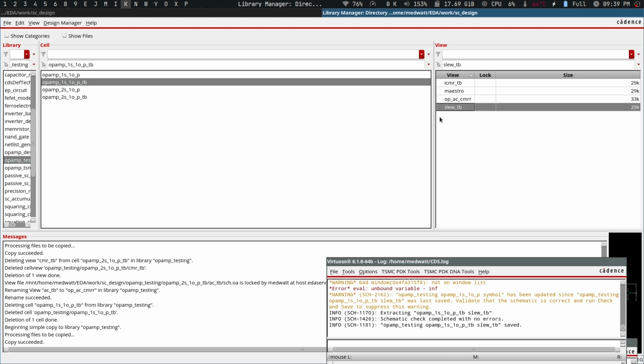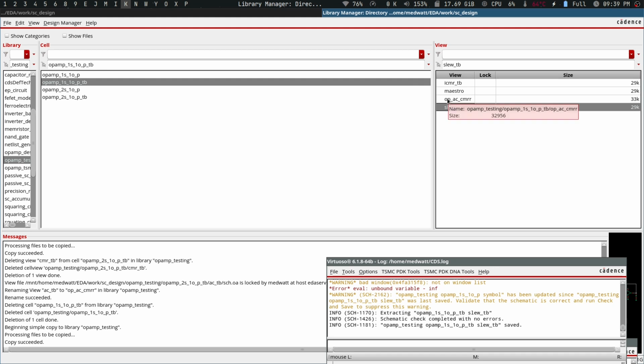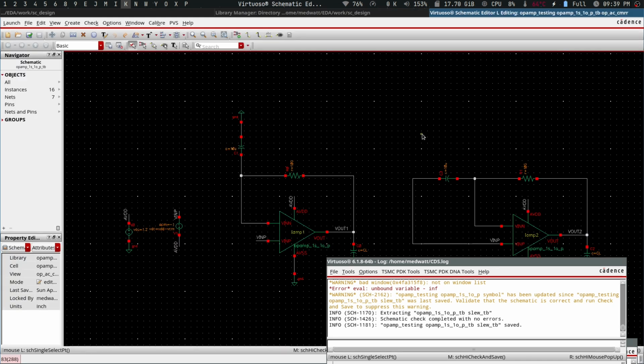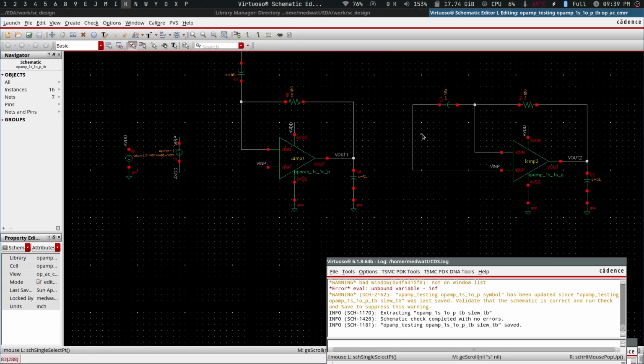So one more time, I think I probably just needed to save the file, and yeah, let's go back to the design here. This is the design that I'm using to test the open loop characteristic, to test the AC characteristics of the op amp. As you might imagine, it's a bit